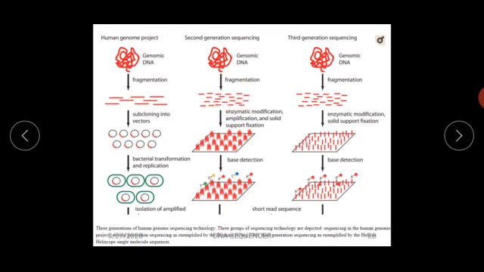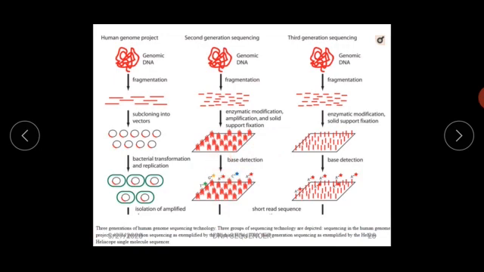In the same way here the fragments are created, and the first step is common to all. Second, in the 1990s they used vectors to carry the genomic DNA and replicate it inside, and further the DNA sequence is amplified. That means the copy numbers are created. Here in the second generation and third generation, the difference is that the enzymatic modification, what we have learned in the Maxam-Gilbert method, is performed and the DNA is amplified.